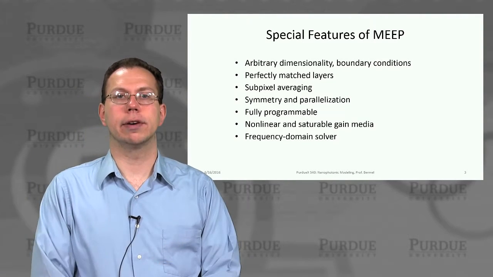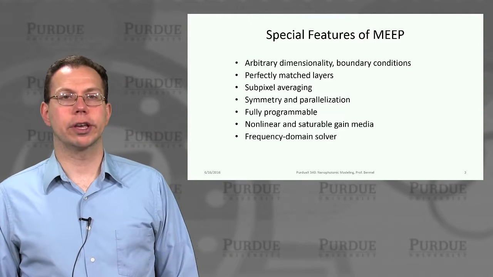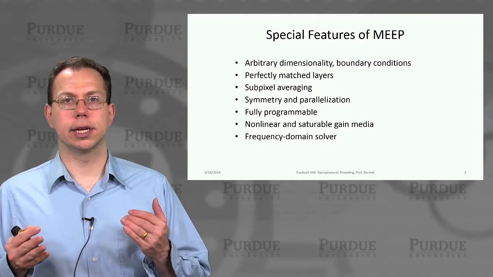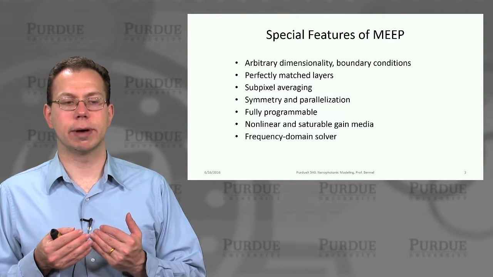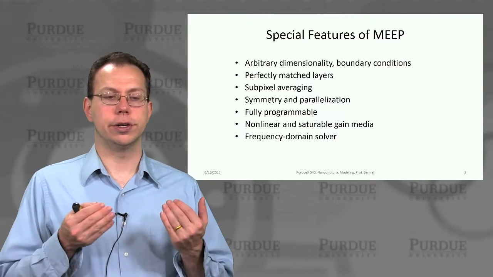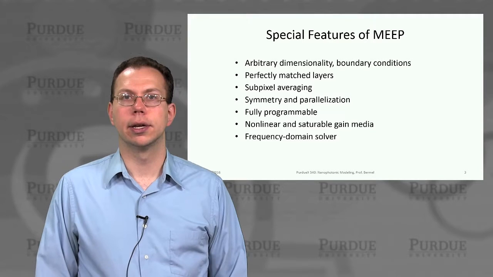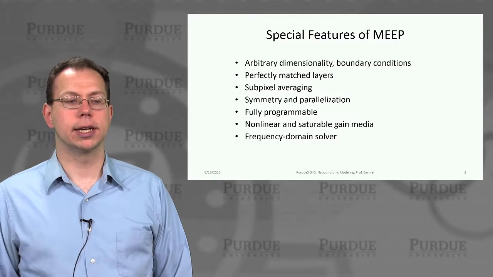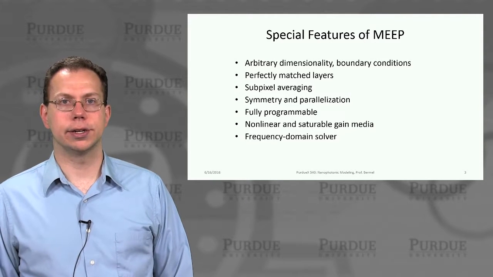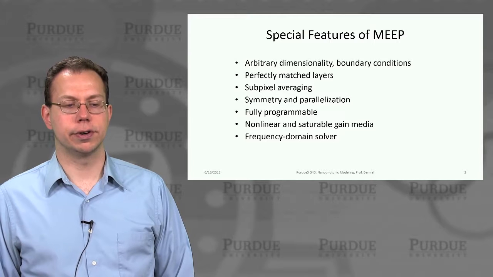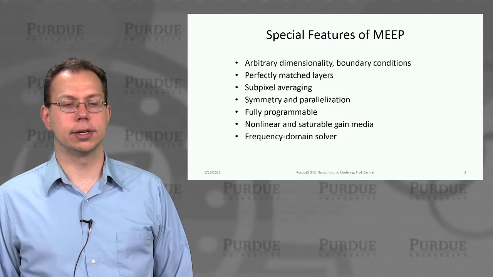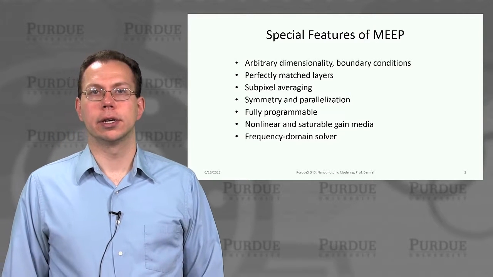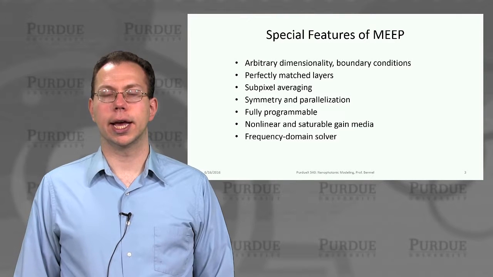The second thing is you have these so-called perfectly matched layers. Perfectly matched layers allow you to absorb light as it leaves the edge of the system, but make sure it doesn't go back in. So this is very helpful to reduce spurious reflections. And the third feature, something we haven't really talked about before but I'll explain in a few minutes, is called subpixel averaging, which is intended to improve the accuracy of the results for a given computational effort and discretization.